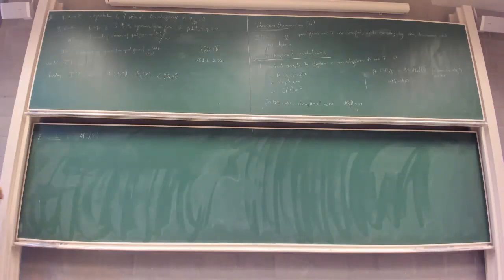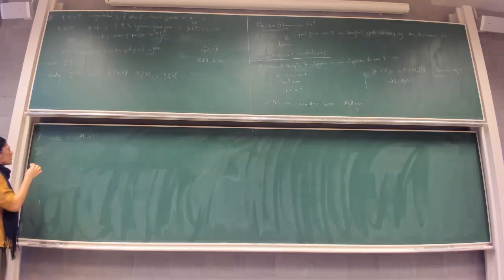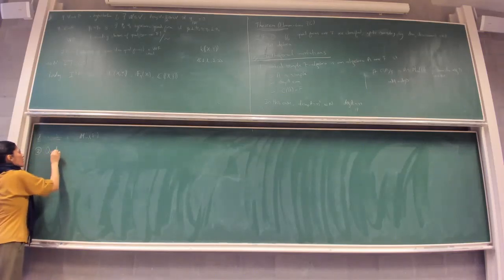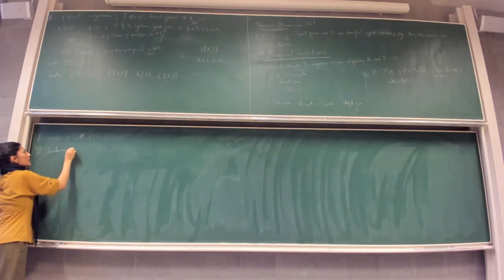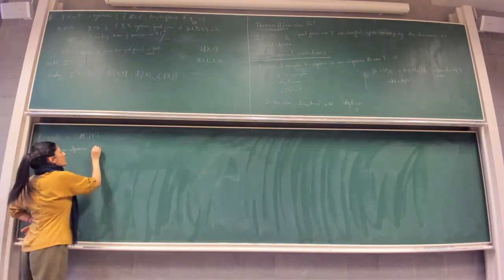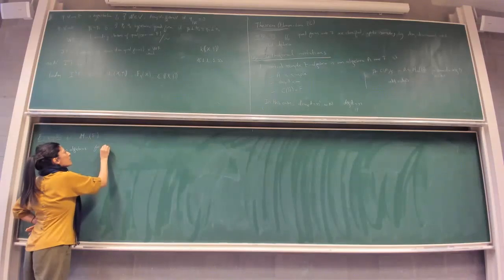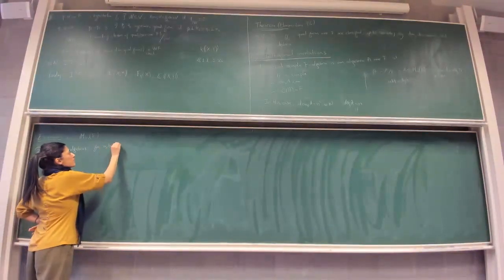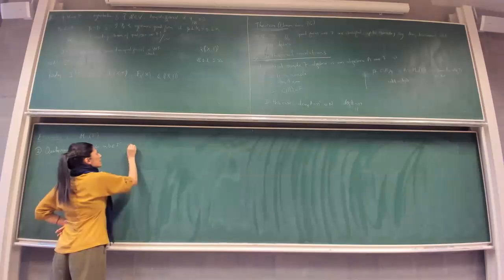A trivial example for us. Let me give a non-trivial construction: quaternion algebras. So for any non-zero elements a and b in your field, we can consider